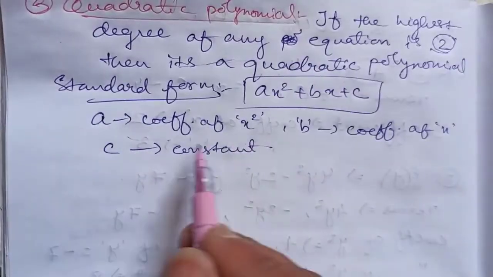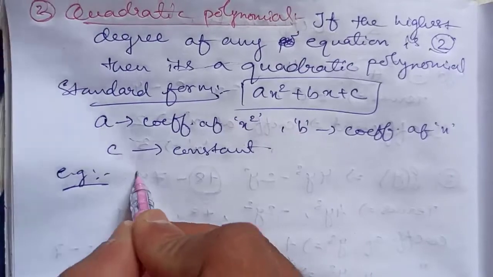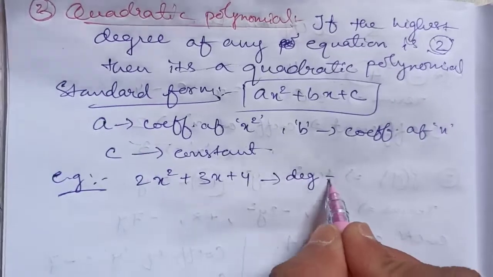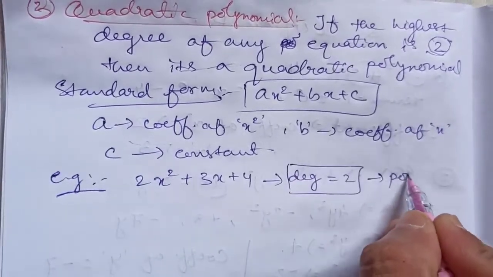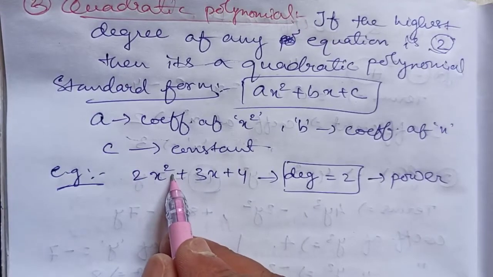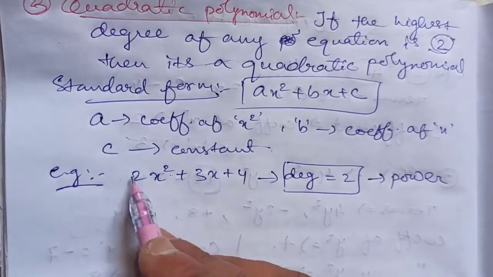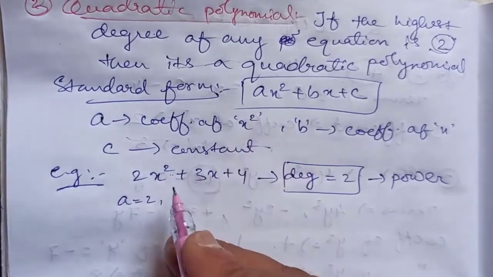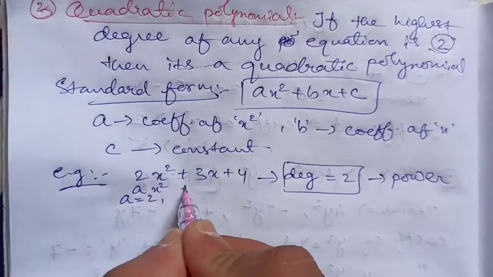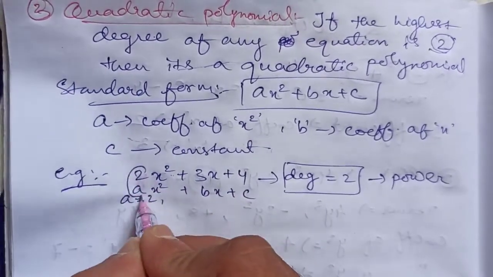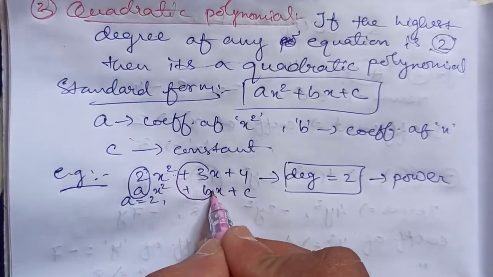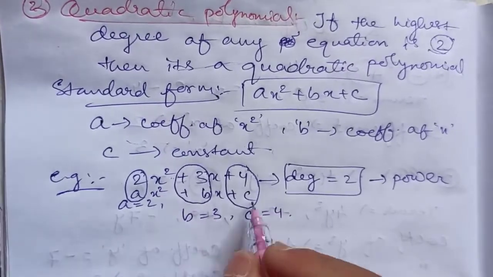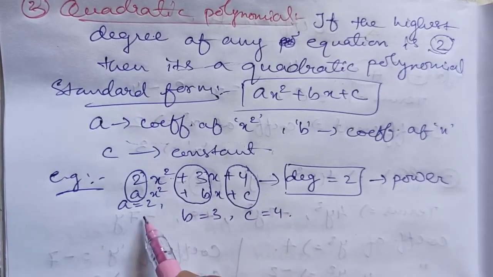Okay, how these are related we will see with an example. Suppose I will write 2x square plus 3x plus 4. What is the degree? Degree of this polynomial is 2. Degree means power, remember. Degree means power. Okay, what is the degree? Highest degree you have to see. Highest degree is 2. So that's why it is a quadratic polynomial. What is a here? A is 2. See the standard form and this equation. Okay, I am writing here ax square plus bx plus c. What is a? A is 2. What is b? B is 3. What is c? C is 4. B equals to 3, c equals to 4. In this way you can identify a quadratic equation and its coefficients.